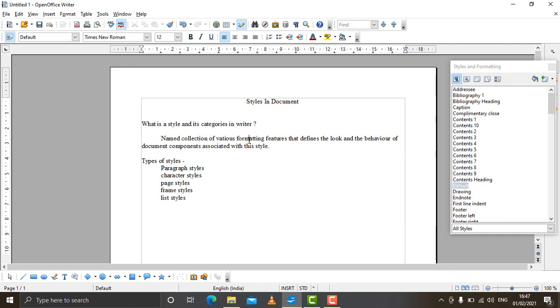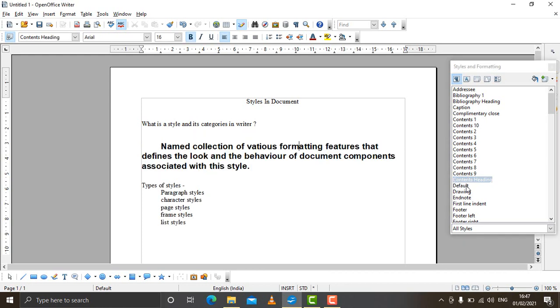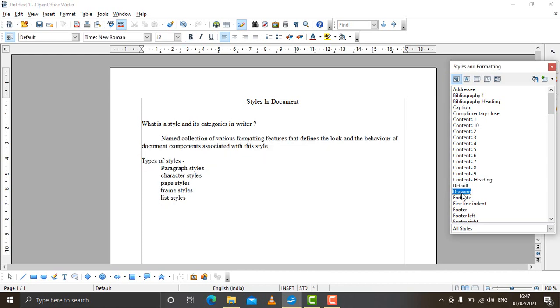Simply click anywhere in the paragraph and come to paragraph styles, and a number of paragraph styles are there. Simply double click on the style and that will be applied to the paragraph. You can see changes are there. See, it is changing. So it is quite a simple process.